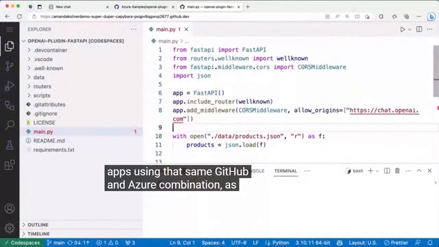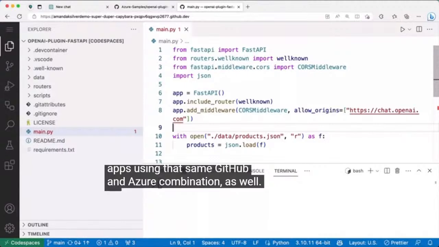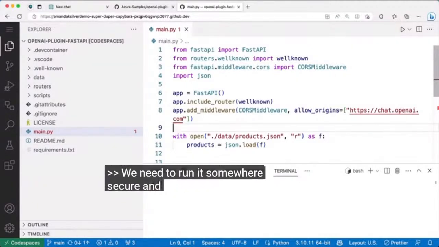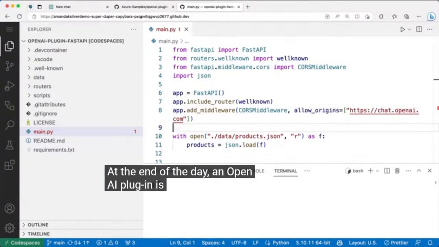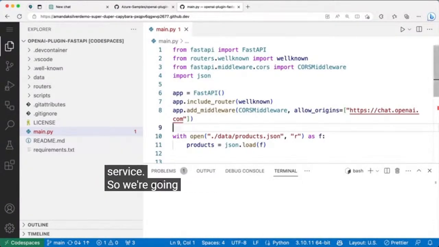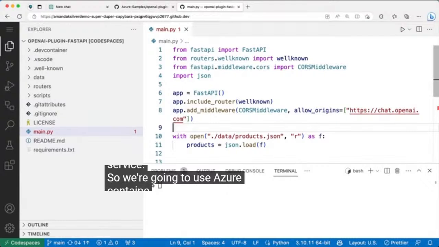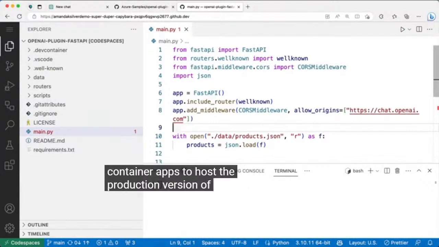Now that we're ready to publish the plugin, we need to run it somewhere that's secure and scalable for our customers. At the end of the day, an OpenAI plugin is just a web service. So we're going to use Azure Container Apps to host the production version of our plugin and GitHub Actions to test and deploy it. Now, I could go through these setup steps in the GitHub UI, but today I want